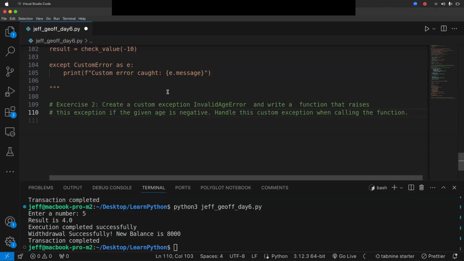Just do it the way I've explained it. It shouldn't be very difficult. Yeah, that's a good question for you. Good exercise for you.